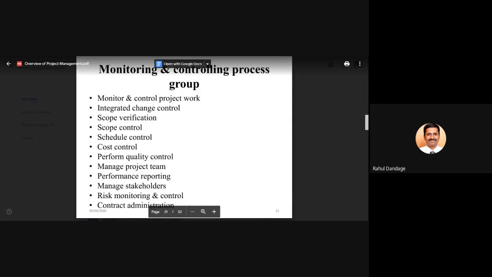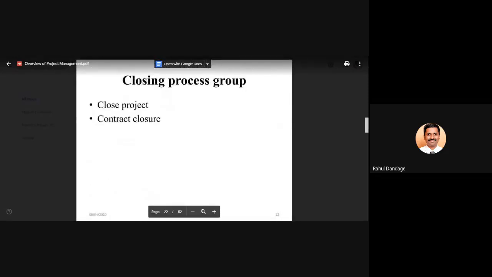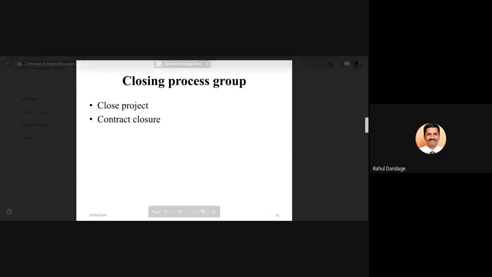And finally, the last project group is about the close or closing process group. In this case, we have to consider two activities. One is close the project, that is finish the project, closing all the activities involved in the project, and closing the contract. So earlier we have to go for administration of the contract, and here we have to go for closing the contract. We have to take into account what was the contract document, what things were expected through